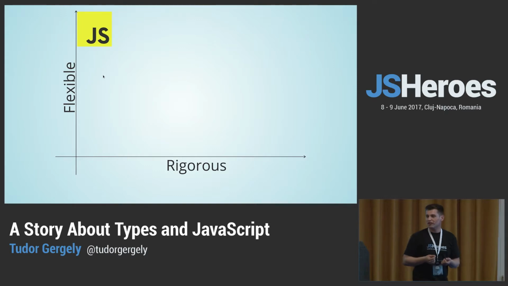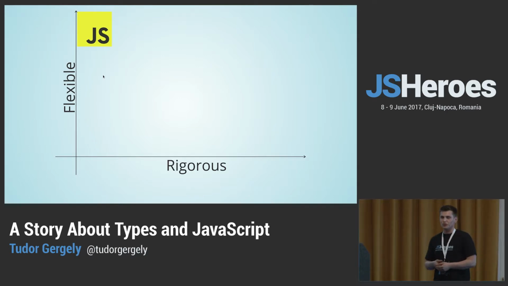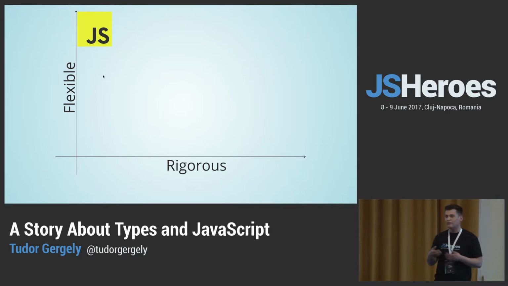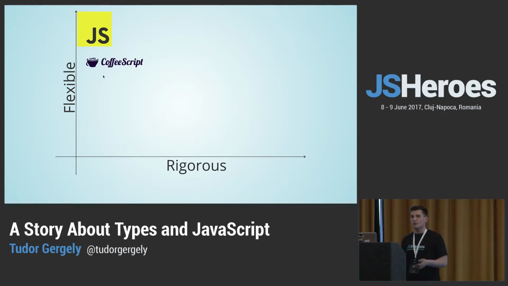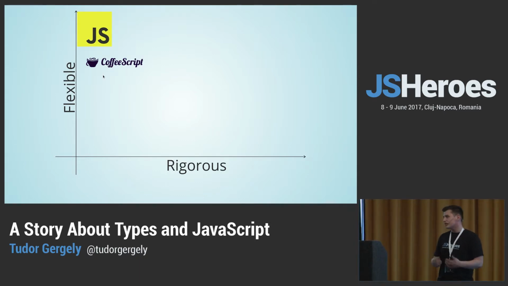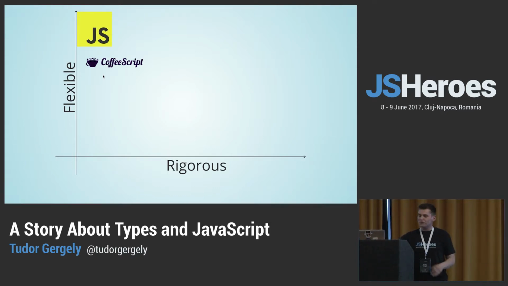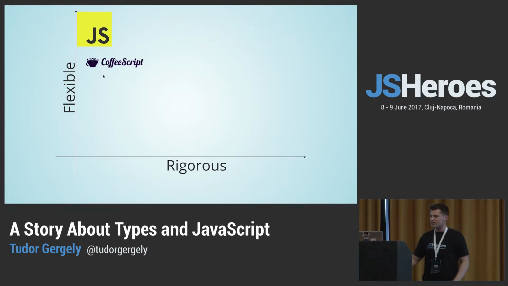Of course, some people before have thought about this. So they've tried to improve JavaScript. They've tried to use some other languages which compile down to JavaScript. But let's see if they succeeded in a way or other. We have CoffeeScript. How many of you have ever used CoffeeScript before? Okay, there are a few. Yeah, it was actually a pretty popular option because it added features that were not available in JavaScript before, but it had a funky syntax for people not used to Python, and yeah, well, it tended to remain that way. It also didn't add any rigor because it was still dynamic, and some code was even less readable.